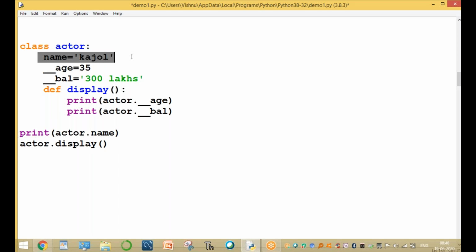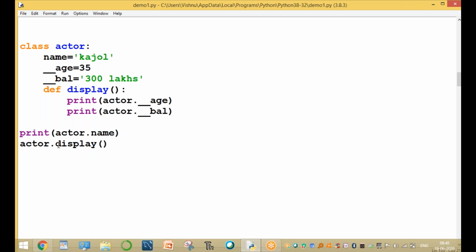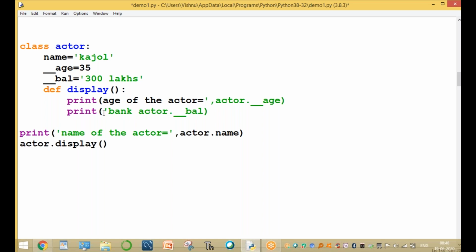This variable is completely a public variable. This is the public variable. These two are the private variables. Now another variable. So please check this answer. Name is the cursor, age, and bank balance. For example, here, name of the actor equal to cursor. Here, age of the actor. Here, bank balance